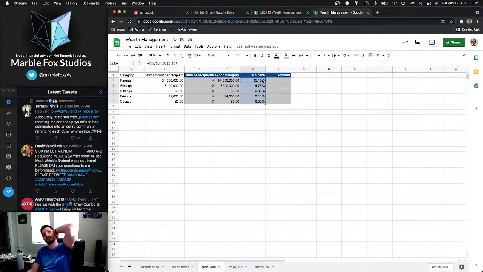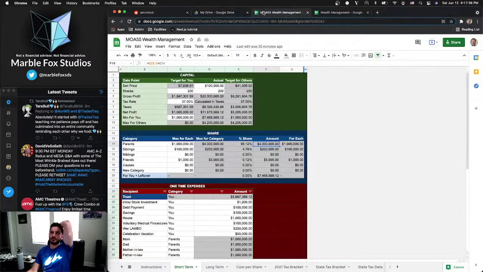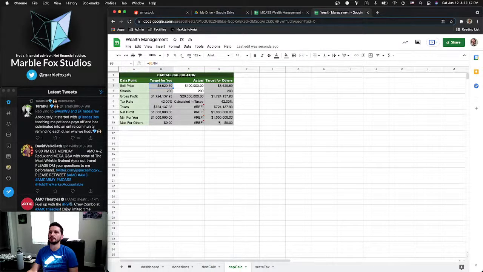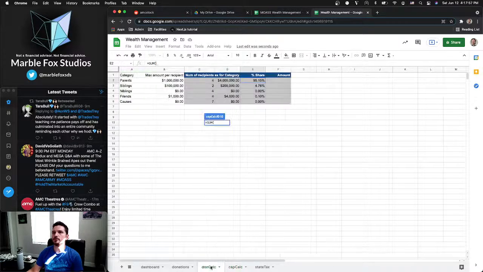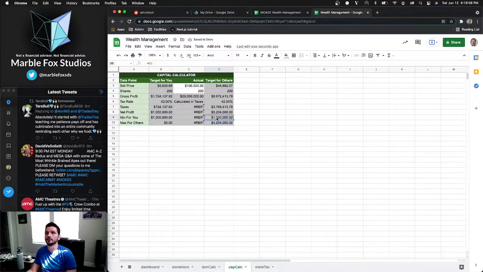Oh boy. Okay, so we have the share, and now that we have the percent share, we can actually calculate the target for others now on our sheet. So if we go back to the cap calc, the target for others is equal to the sum of Don calc, that, and it needs to be through D, through the entire thing, and this is equal to B9, and this is equal to B8 plus B10,